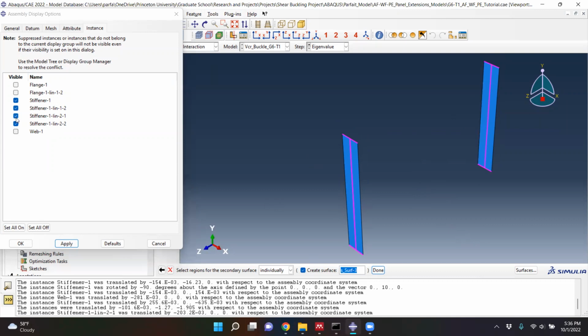And so if I just check one by one, if I unselect this, apply, so my first stiffener is this, and if I select my second stiffener and I apply, I see that I need to select the vertical element here, and so hold the shift key, select that,